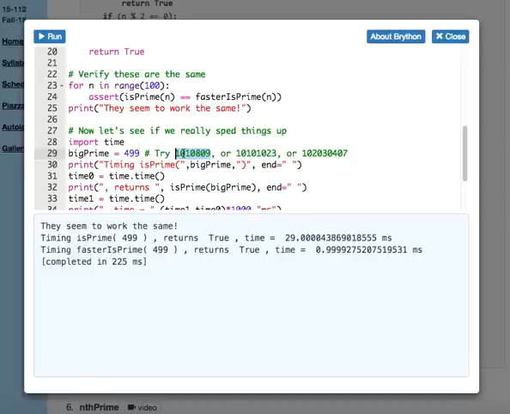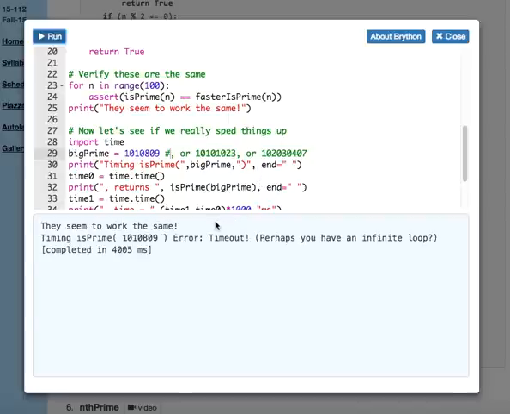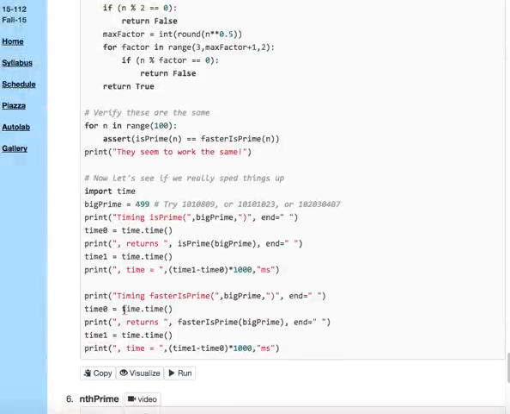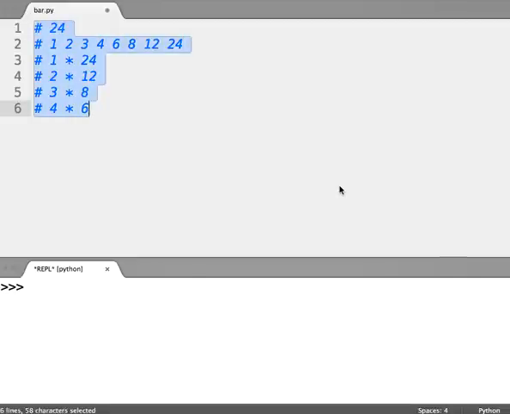Let's go ahead and edit this code. We have some other prime numbers here that are bigger. So let's try this one. Go ahead and run this. And we'll see that, well, it's a little slower now. But, oh, and it timed out. Aha! So Python is very handy for testing little things. It's not really good for testing things that are going to take a lot of cycles. They're going to run a long time. For that, you should copy it and go ahead and run it in standard Python,